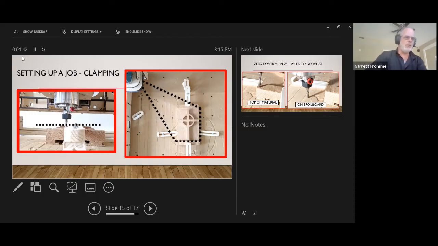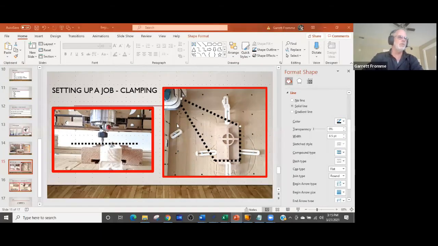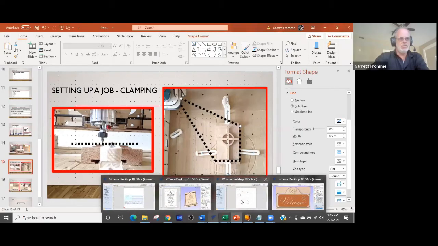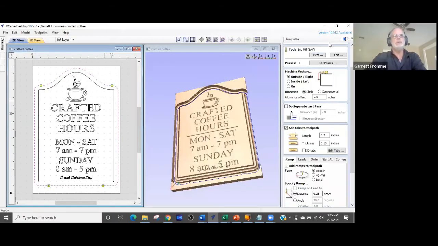Yeah, so anyway, in order to make sure you got something like this under control, that's where you want to work with your safe Z height. And I am going to, again, do a video with that as well, but just so you guys understand where we're setting this up at,